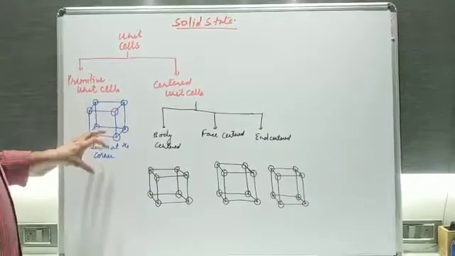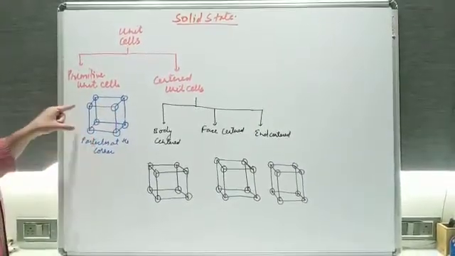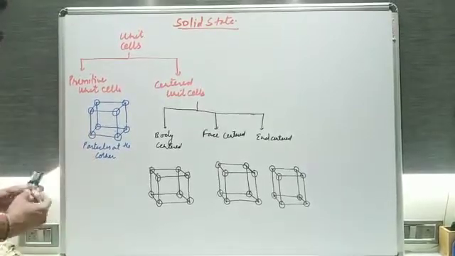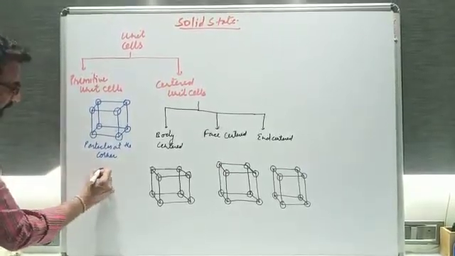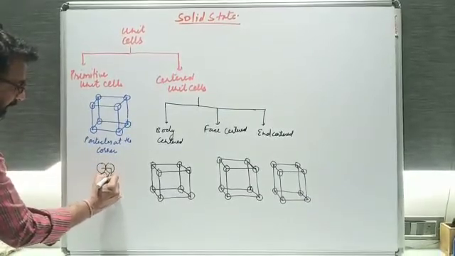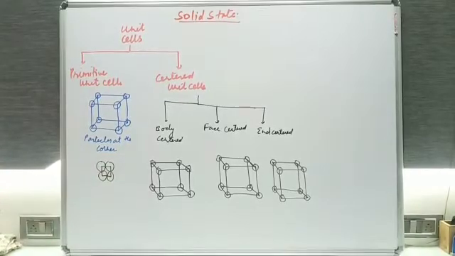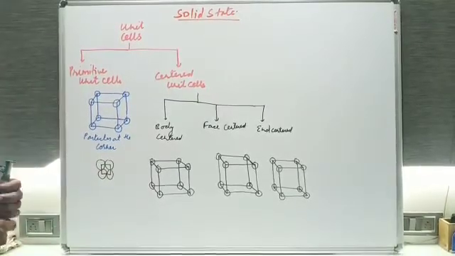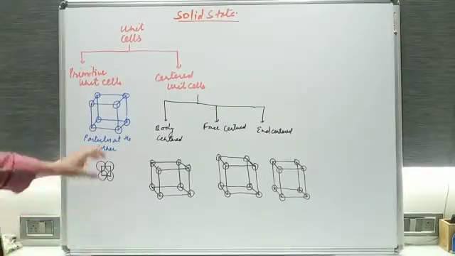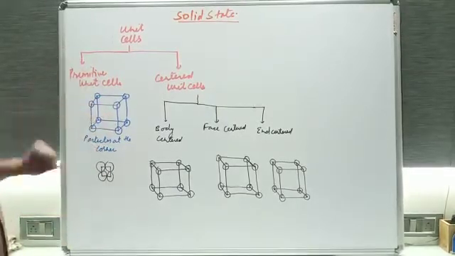So here this is the unit cell, which is made from the cube, and if the particles are present only at the corners, then it will be like this, like 1, then 2, then 3, and 4. The particles will be like this. So particles are connected to each other. These are spherical particles. Is it fine? All are connected to each other, and in that way they give rise to the simple unit cell that is called the primitive unit cell.